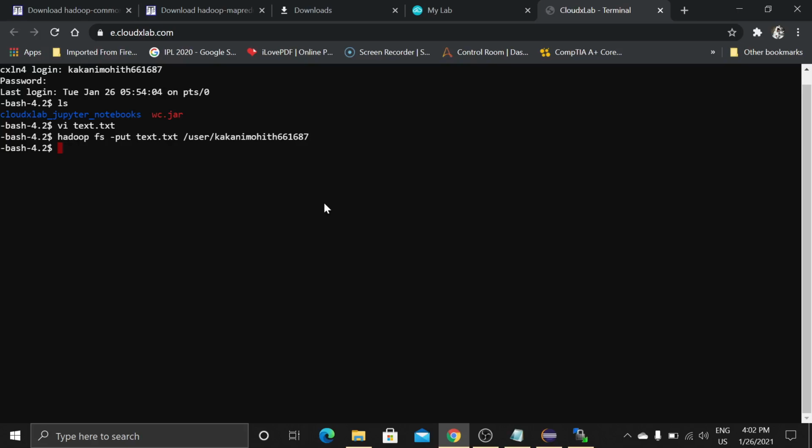Now let's see what files are in our directory. This is the txt file and this is the jar file. Now we need to run the jar file. To run the jar file we need to use the hadoop jar command. wc jar /user/ and your username, / and the file name which you have given,